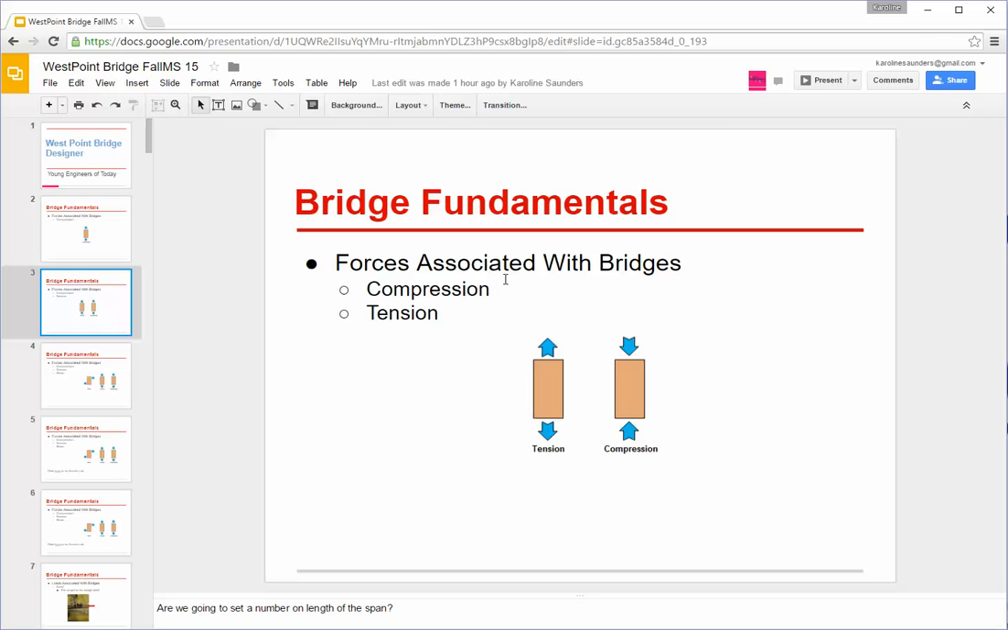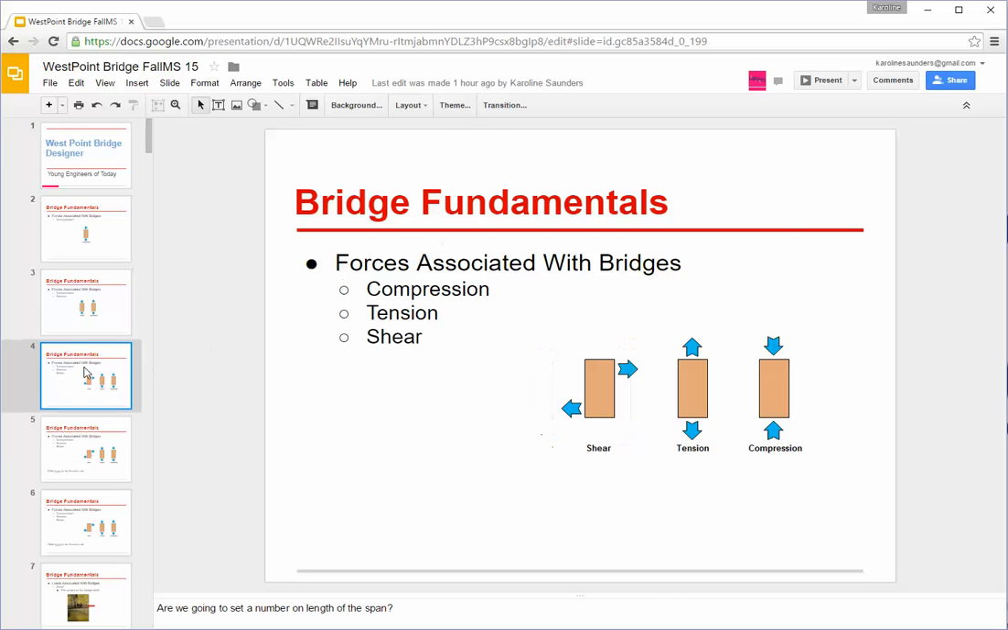Similarly, bridges will experience both tension and compression, as well as this next force here, which I'm going to call shear. If you pull a piece of paper on diagonal corners, you can see how well a piece of paper would correspond to shear forces. Unfortunately, your paper bridge is not going to work too well. It might work okay for like an ant, but